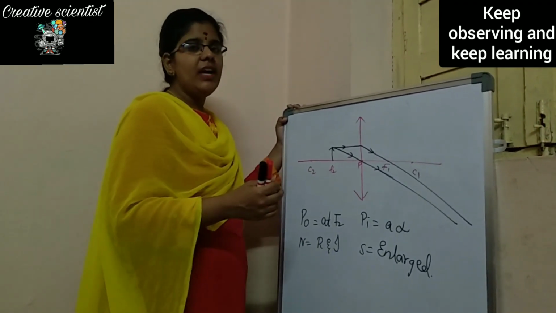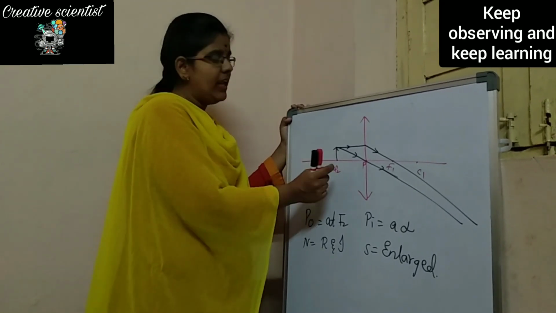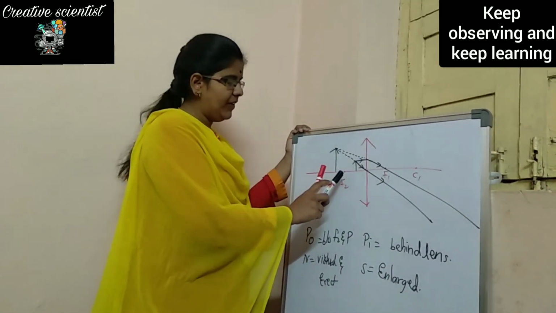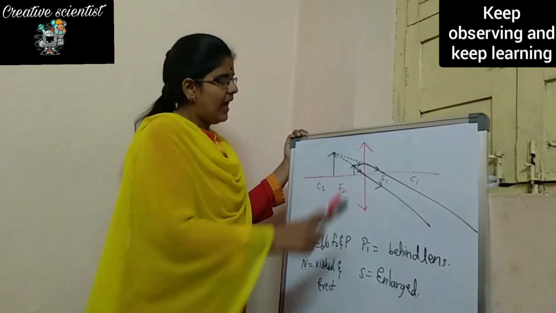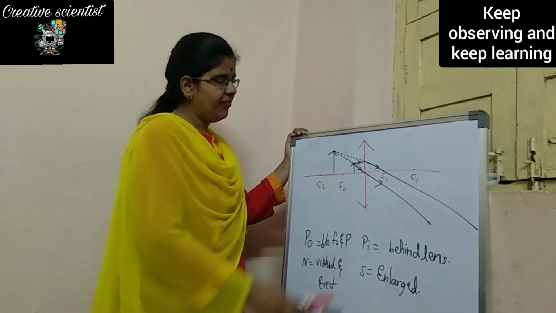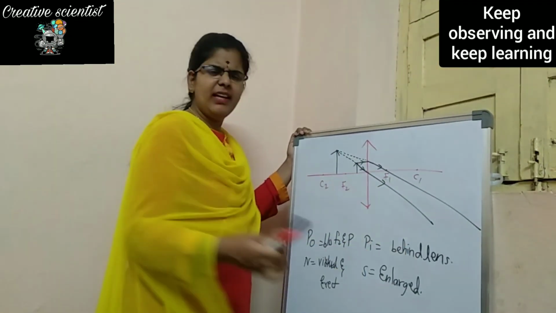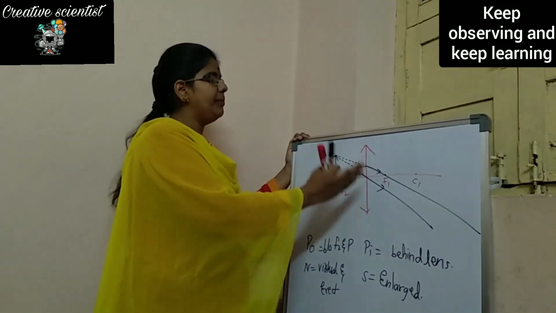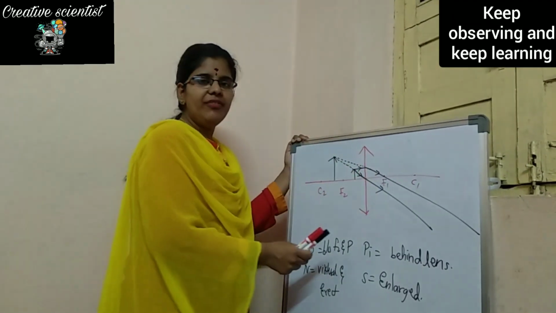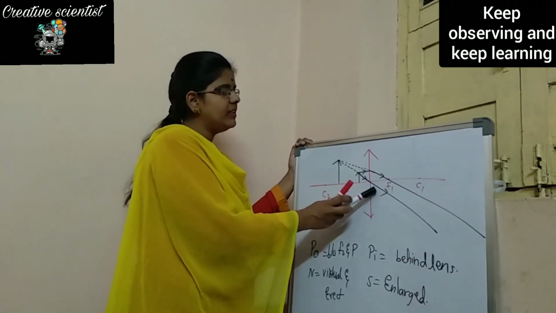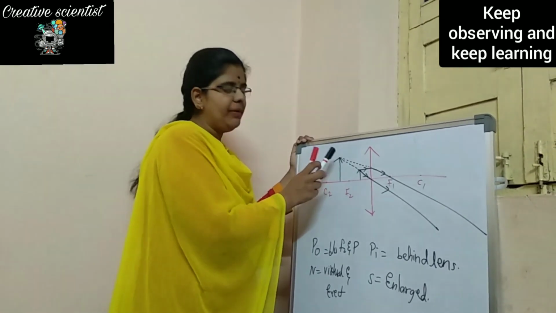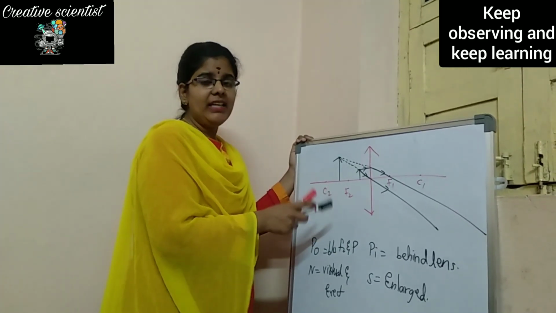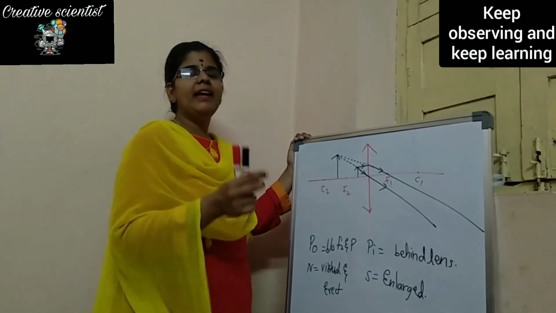Now let us see where we have placed the object between F2 and P. In this we have placed the object between F2 and optic center, and the same two light rays are refracting away and they are not meeting at any point. But where is the image formed? Image is forming behind the lens. These are the two refracted rays. If you drag back these two refracted rays, then they will be meeting behind the lens and it is forming a very large image. The nature of the image will be virtual and erect.